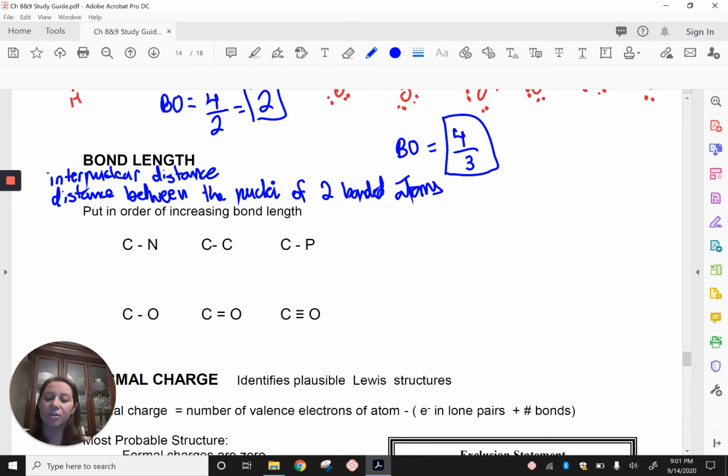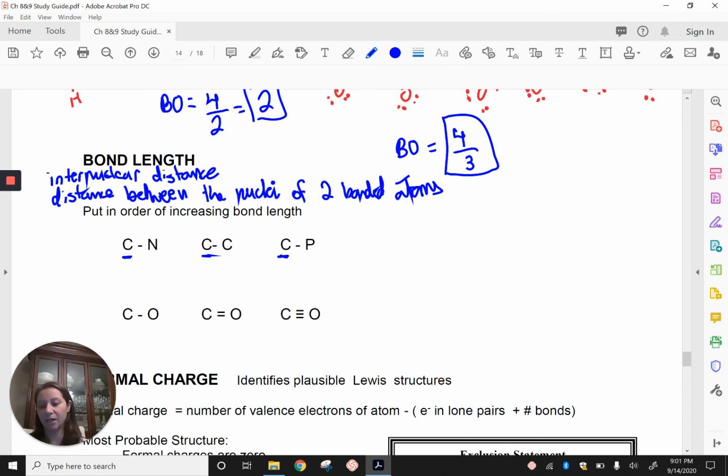be small. So here we're looking at all carbons, so that part is the same, and then that carbon is bonded to either a nitrogen, a carbon, or a phosphorus. And so the bond length in this case is going to depend on the radius of that nitrogen or carbon or phosphorus. And so